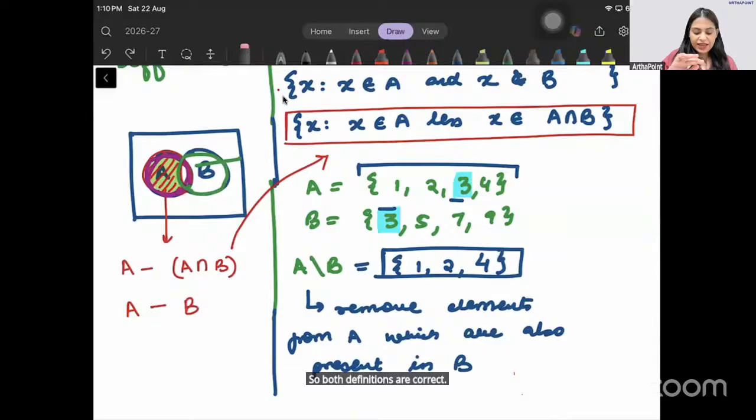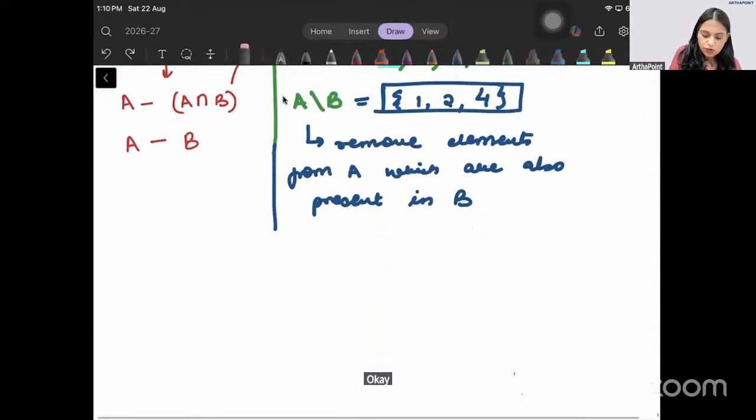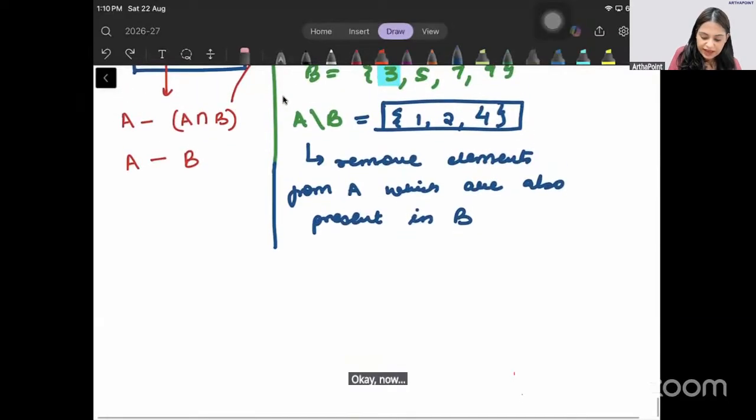ठीक है. You can say A में से B ही हटा दो या फिर A में से A और B का common area हटा दो. You will get the same answer, right? So think in terms of diagram कि कैसे कैसे हम उसको represent कर सकते हैं. Okay. Now we have